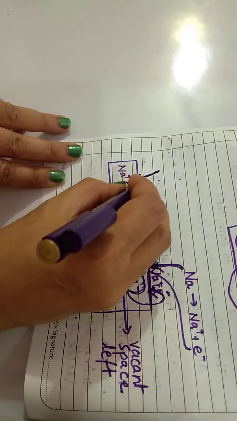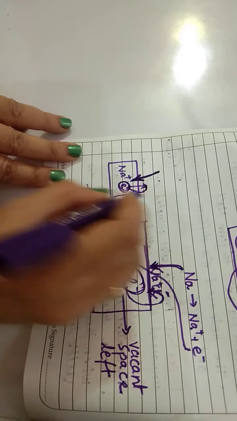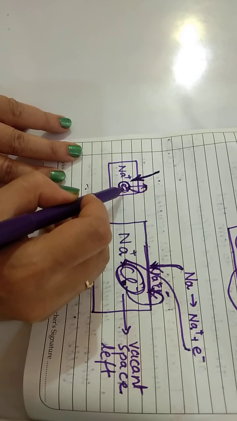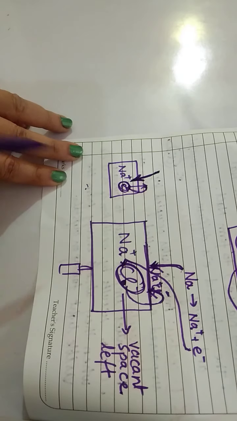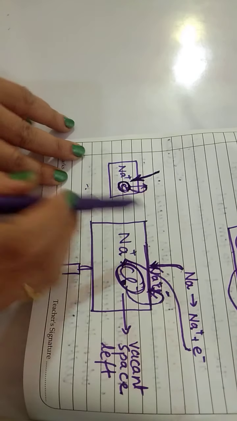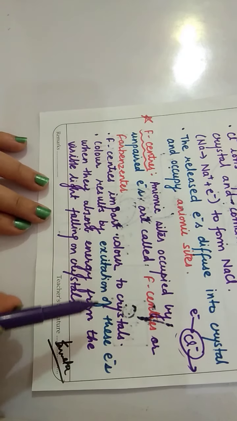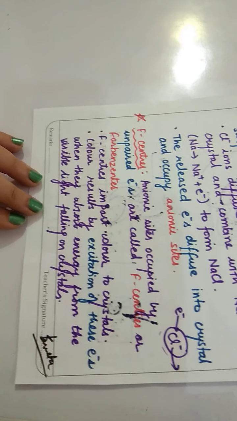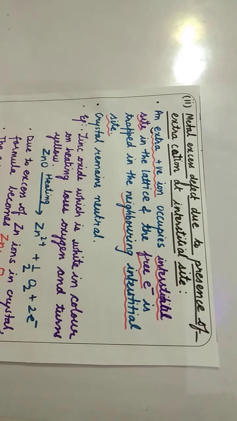Now this electron gets excited and will jump. This electron will get excited on gaining energy, that is when we expose it to light. This electron gains energy and jumps, which leads to the color of the crystal. So these are the F centers. Now the second type of